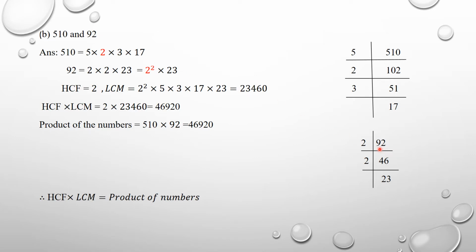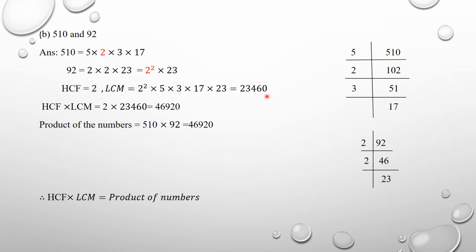For 92, when it is divided by 2, we get 46. 46 divided by 2, we get 23. Therefore, 92 is written as 2 into 2 into 23, which is 2 square into 23. For finding the HCF, we take the common factor with the least power. So, HCF is equal to 2 and LCM is equal to 2 square into 5 into 3 into 17 multiplied with 23, which is equal to